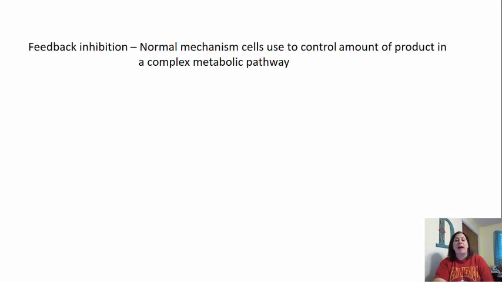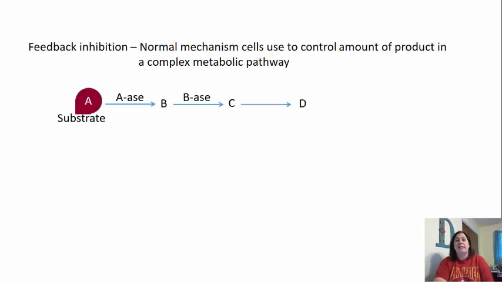So an example of a feedback inhibition is where you start with substrate A. Substrate A is going to be taken in by enzyme A, okay, and we're going to say this is AACE, because remember enzymes end in ACE, and it creates the product B. Now B is going to then be turned into C. In order to do this, it's another enzyme that we're going to call BACE. C is then going to turn into D, with an enzyme CACE, and then D is going to turn into E. Now E is our ultimate product that we want to get to, and DACE is the enzyme that gets us there. This is a series of steps. So once we have enough E present in the cell,